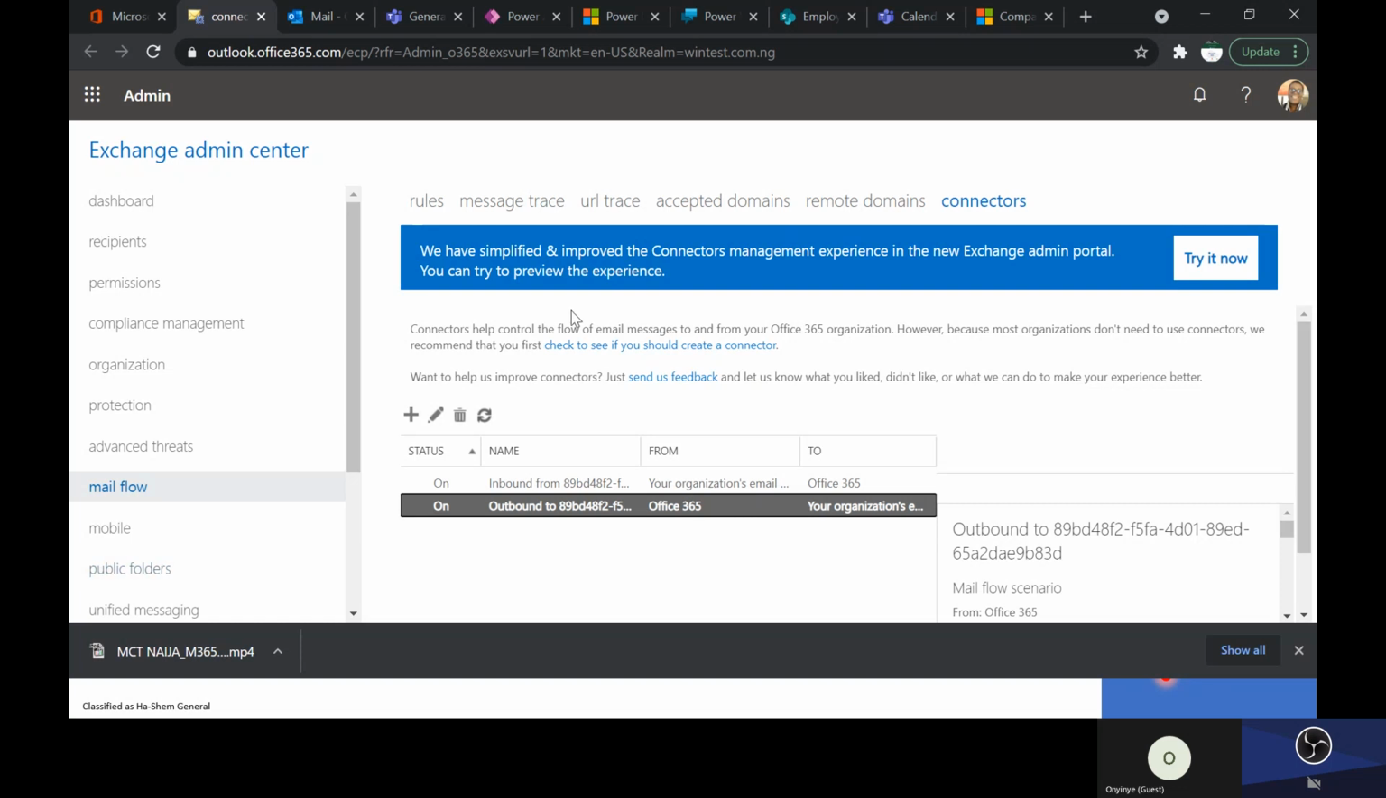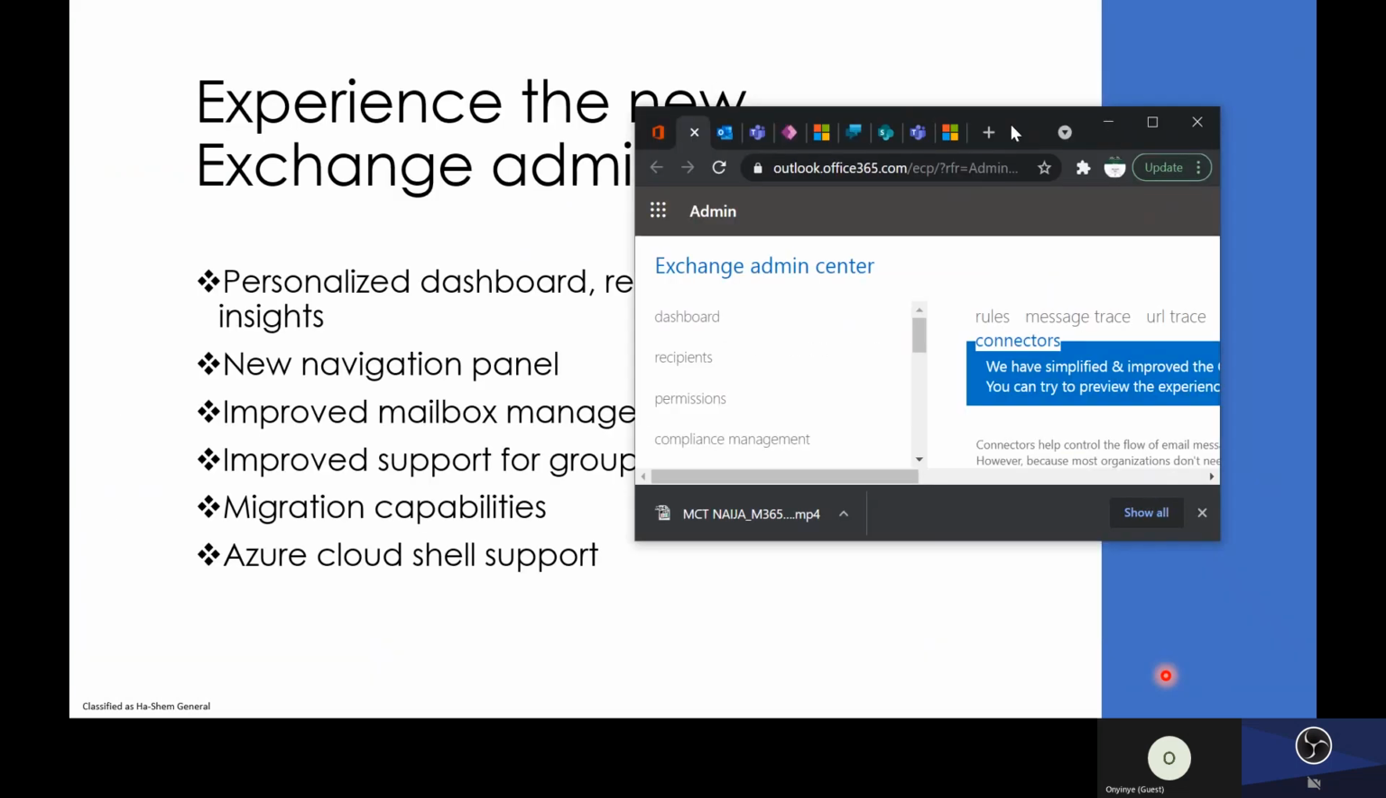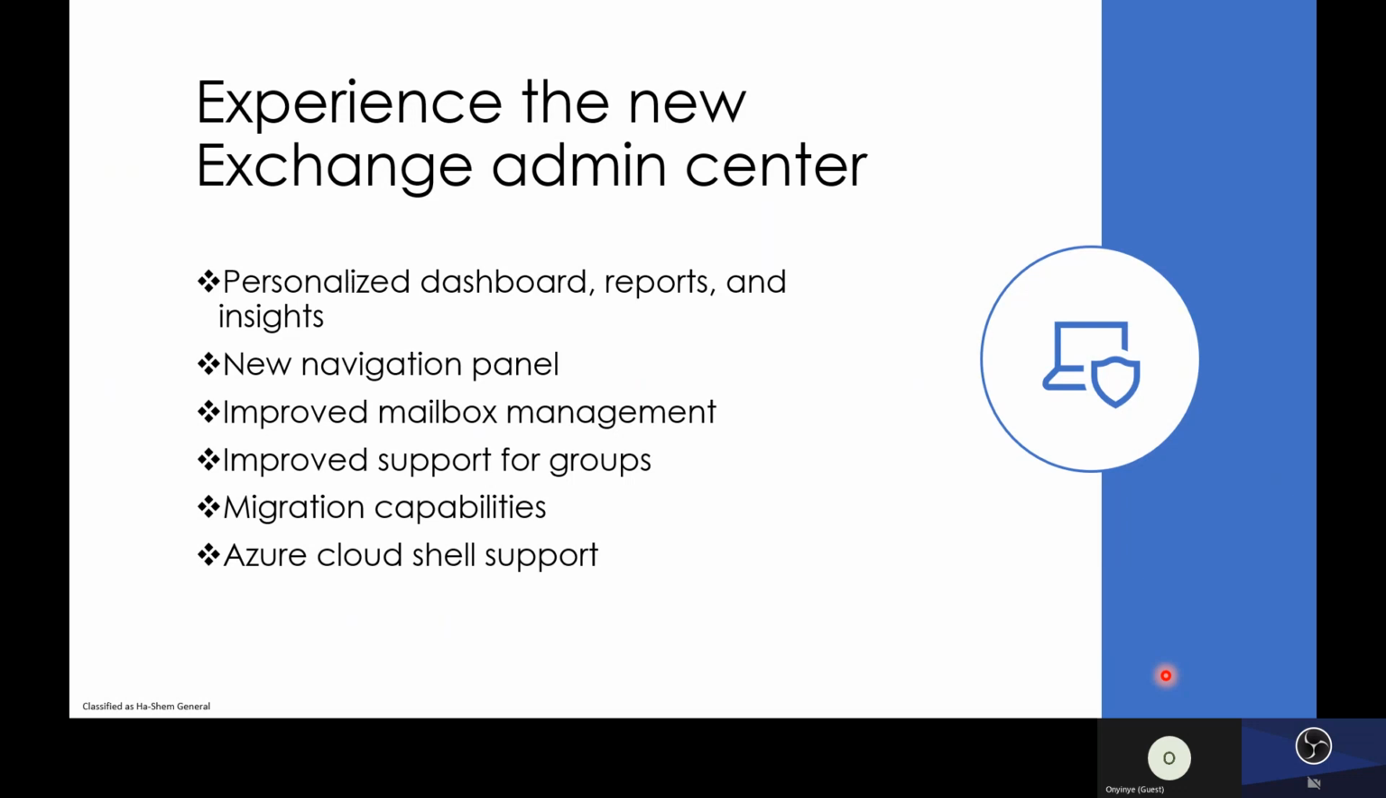So just look at this. Just look at what the classic view of the Exchange Admin Center looks like. This is what it was. Now, a few months ago, Microsoft released the new version of Exchange Admin Center. So the first thing with it is that you have what is referred to as a personalized